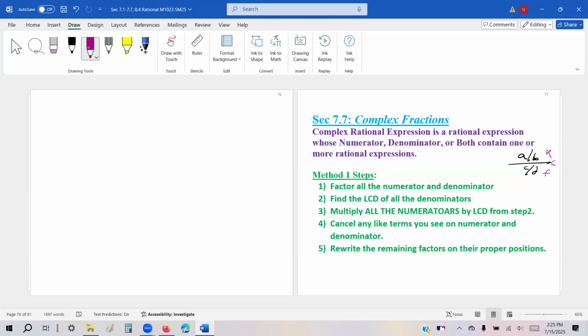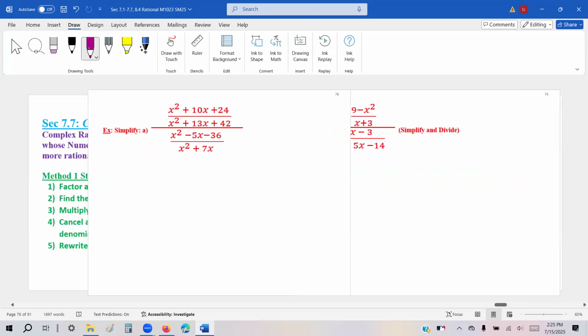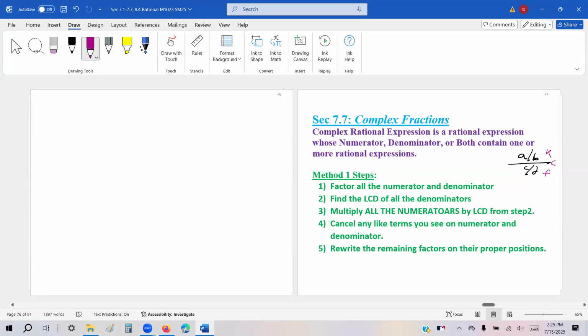It's suitable only for one fraction divided by one fraction. And then you have a second scenario. You don't have one fraction, you have multiple fractions divided by multiple fractions. For example, do I have the step here? No, I don't have it in here. So if you have multiple fractions,